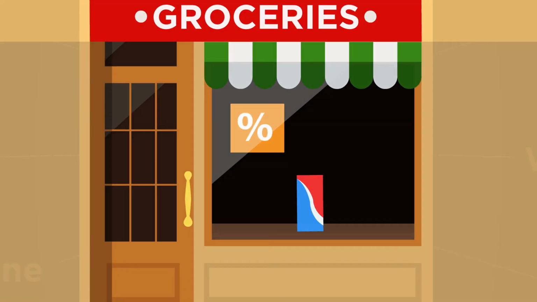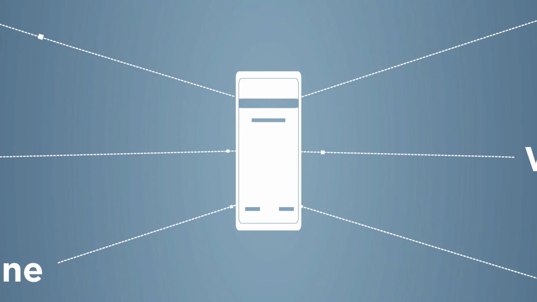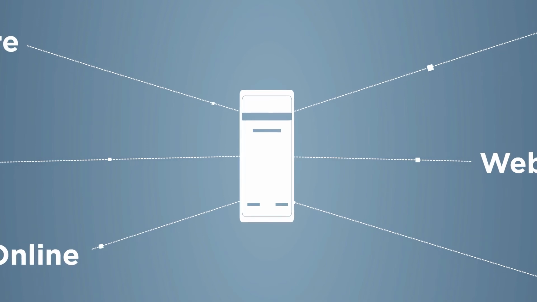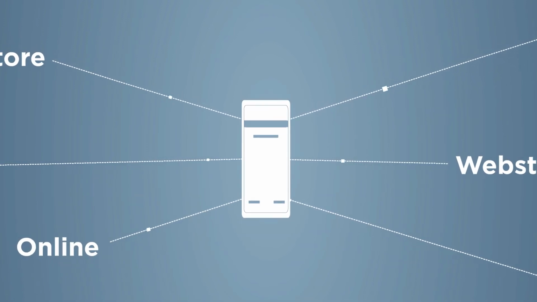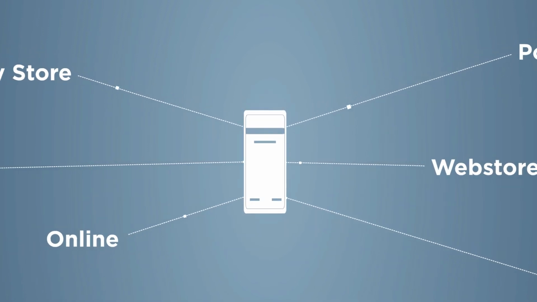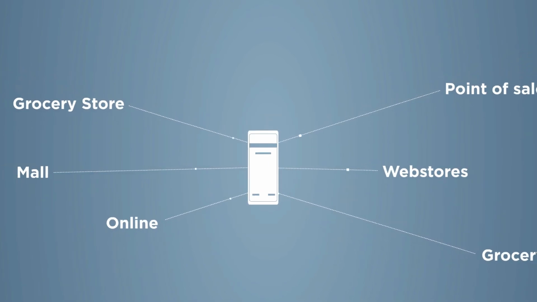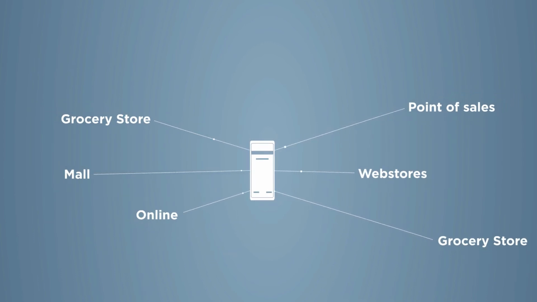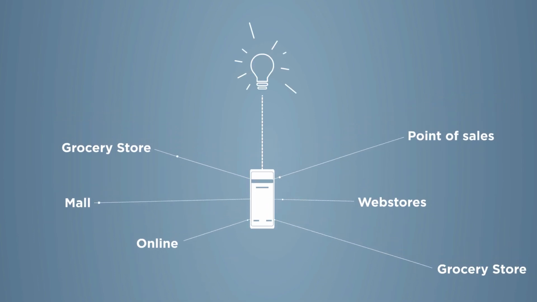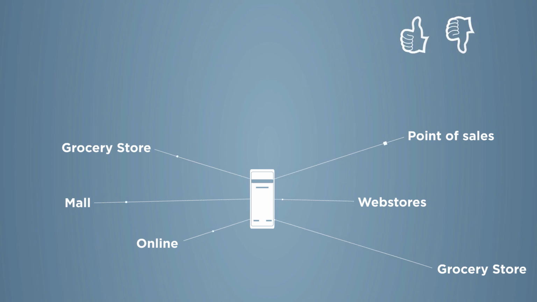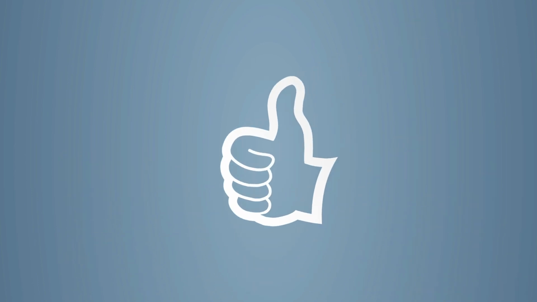So when we talk about collecting this data, it's not simply the data we collect online at web stores. Clearly, we also collect vast amounts of data from point of sale systems. When people come into a grocery store and buy this particular new soda, we've got to recognize that and use that information for subsequent targeting of that customer and measuring whether an existing ad campaign was successful or not. And we have to do this in the modern era. We have to do this better than our competitors.